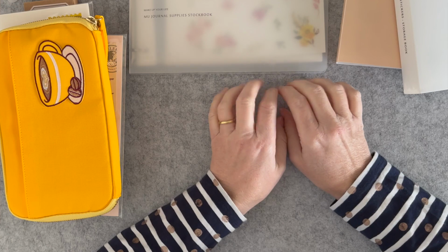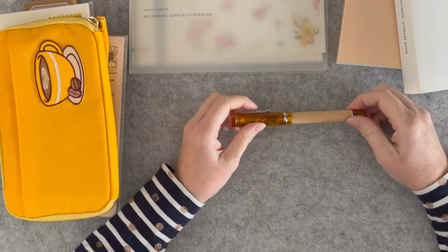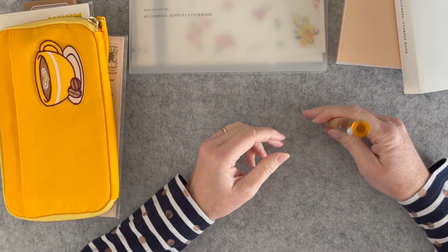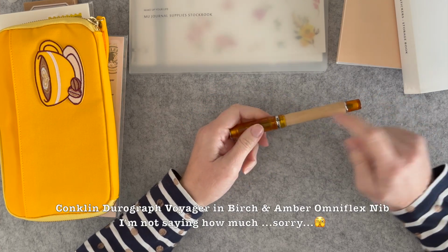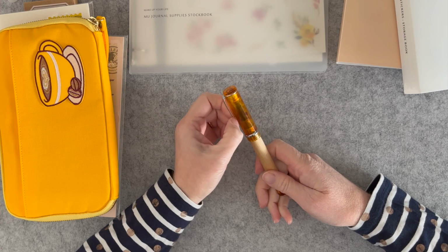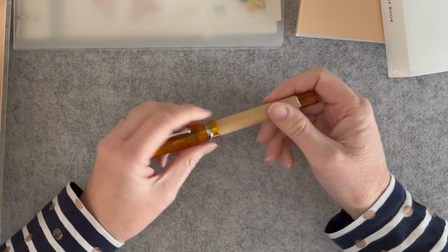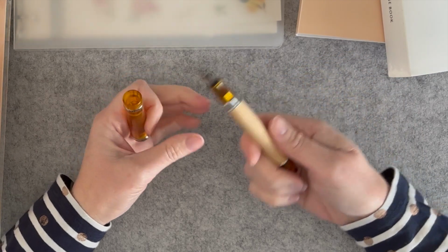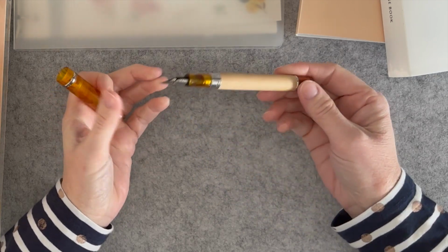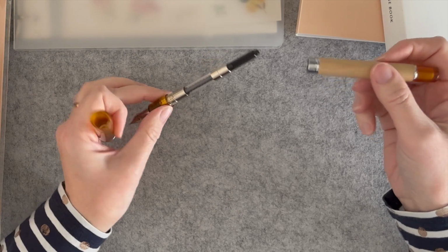Okay, here's where things got rather out of control. I bought myself not one, but two new fountain pens. This one is a Conklin Durograph Voyager in birchwood and amber, and it has a silver clip and a little silver banding here with the branding on it, as well as some matching silver at the end. Inside it's finished with a bit of the amber resin up the top, and inside it came with a converter,